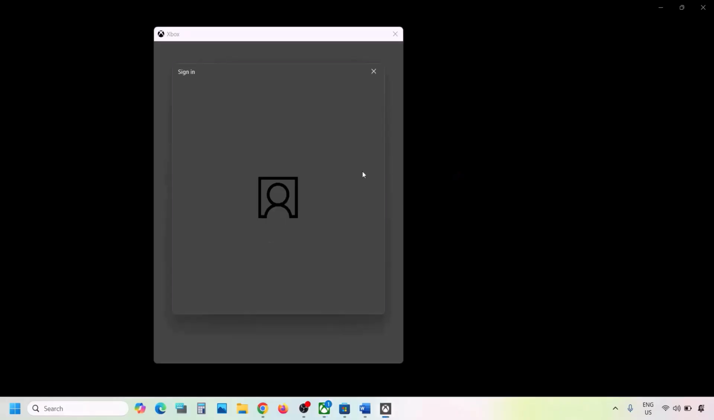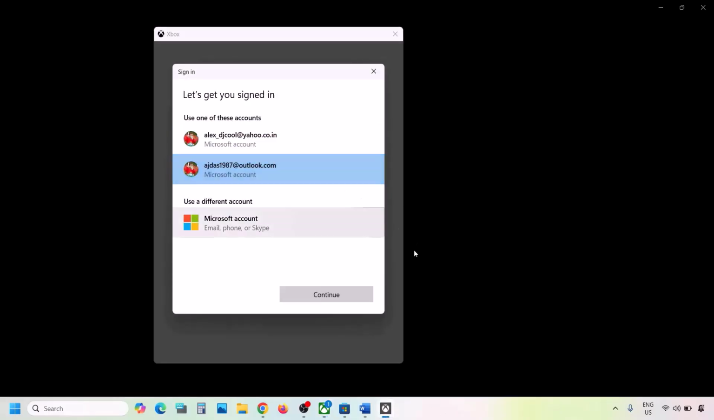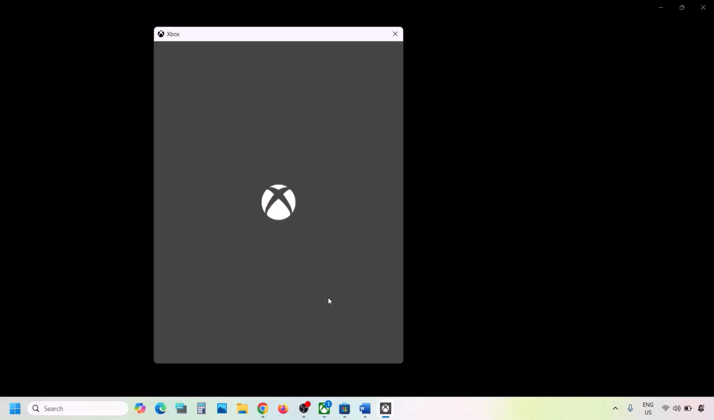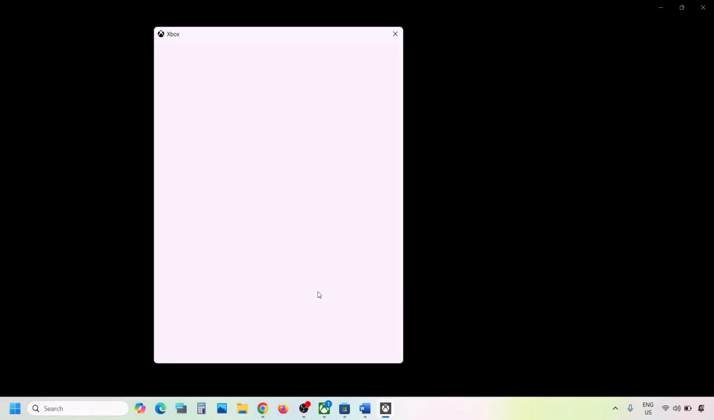and then you have to select the same account which you have selected in Microsoft Store. So you have to log in with same account, click on continue. And then once you're logged in over here, now you can check. Now still you're facing the problem. The next step is to